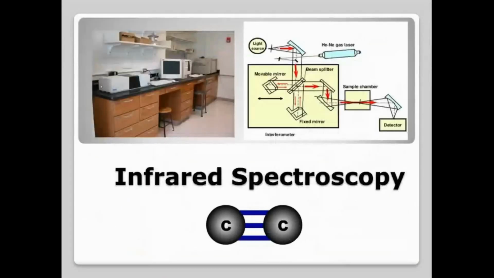So IR spectroscopy generally deals with what happens when IR radiation falls onto the molecule. The bonds are already vibrating. The molecule has many different types of bonds, and all the bonds are vibrating. When I give the IR radiation, the energy specific to a particular bond vibration will be absorbed, and that can be studied using IR spectroscopy.